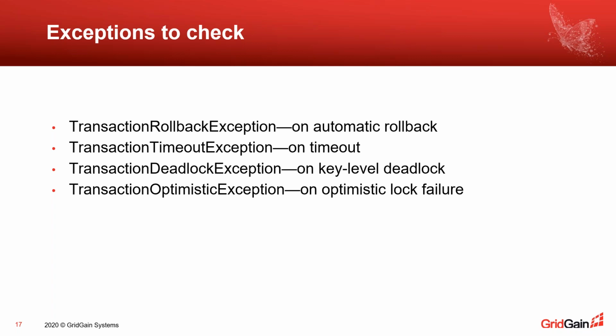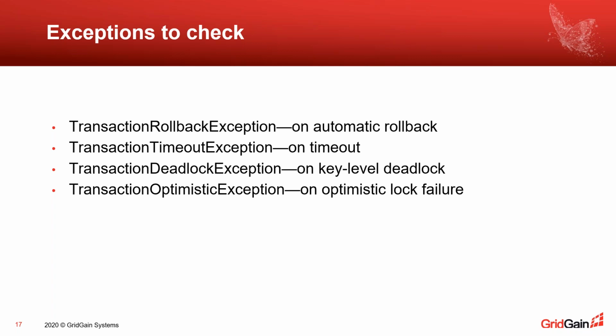Transaction optimistic exception is a more specific one. It's applicable to only one special isolation concurrency pair: optimistic serializable transactions. We will discuss them in detail a bit later, but the interesting point about optimistic serializable transactions is that locks in those transactions are optimistic. We don't actually lock an entry, we just check the current version, and on commit we will compare this version